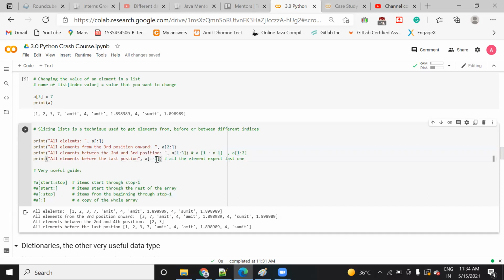But here I have just given -1 because I want to print all the elements except the last element. That's why it is -1. From the back side, from the end, the index starts from the minus value. That is why I have written -1. It means that the last value, index -1, will not be included here. So this is a way we can do several operations.